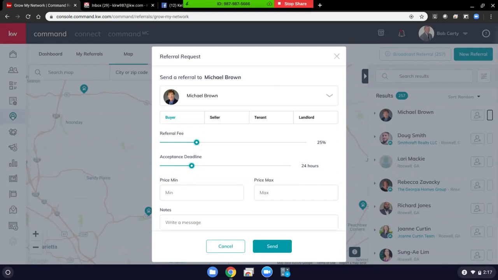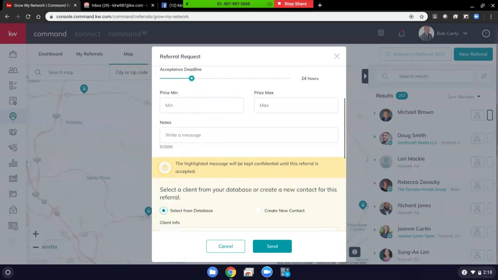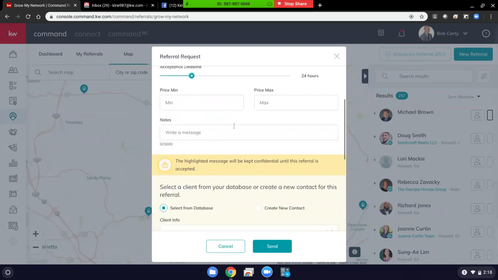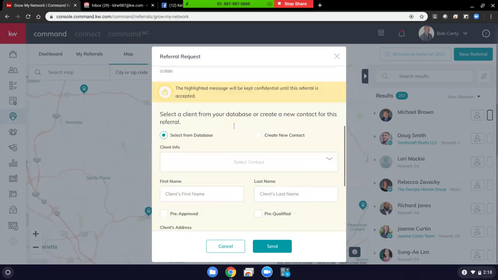But you can set this acceptance guideline here, and then that way, if you don't get a response, you can basically take that lead and reallocate it, refer it back out to someone else, because in this system they don't receive the contact information until they accept the referral, so you don't have to worry about creating some sort of conflict there. It's got some quick details for you to fill in regarding the referral, any notes you want to add,